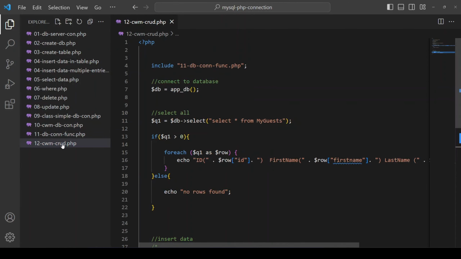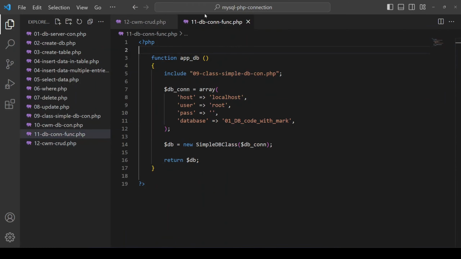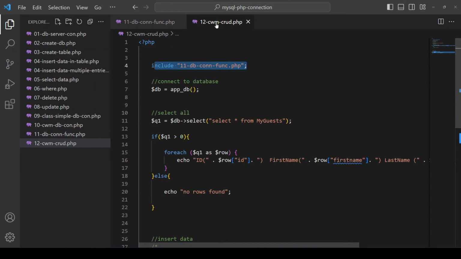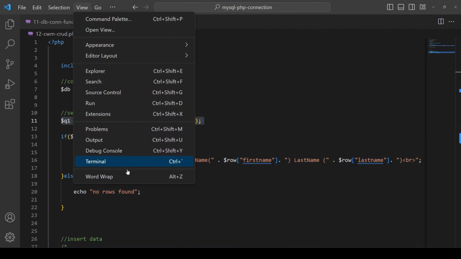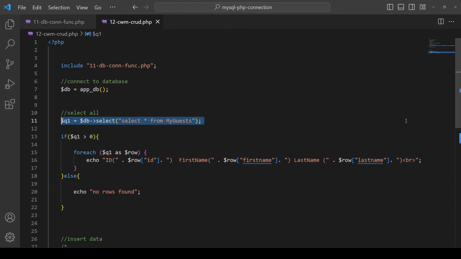In the next file, what we did was we included this, which is this file right here, which is just the database connection. And I'm calling this function in here, and then boom, assign it to that function, which is the app._db, and we're running the same exact thing. The only difference is this. Let me just make this a little wrap around. There we go. So we have one line of code,